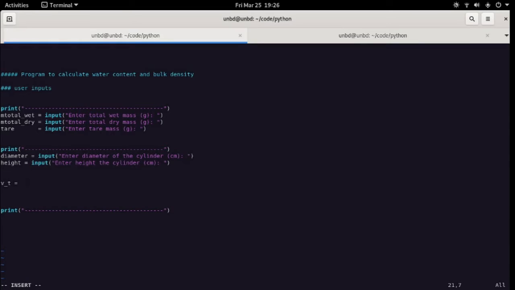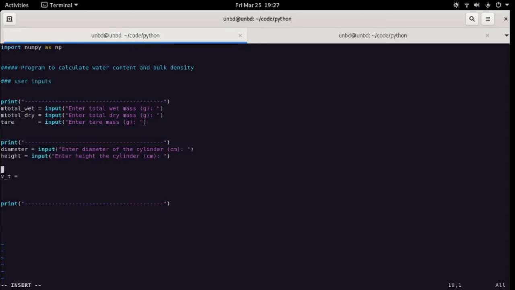Now we're going to need the pi number to do this calculation, but we don't want to use like 3.14, etc. We're going to use it from a library from Python. So we're going to import the library for manipulating numbers, numpy, and we're going to import it as np. So whenever I call a variable from numpy, I don't need to write numpy, I just write np. So np dot pi, so this is this here